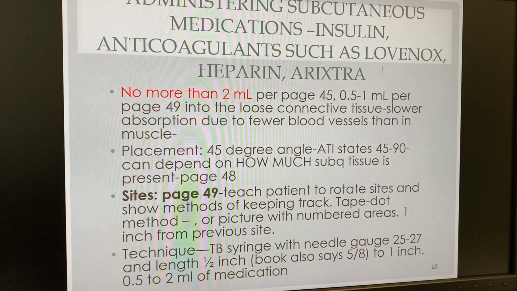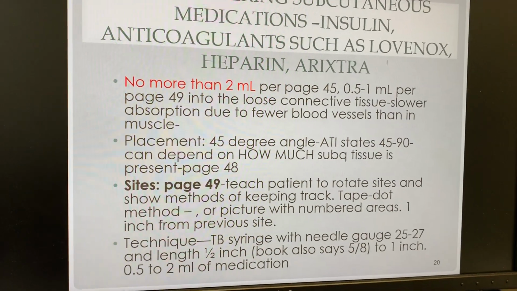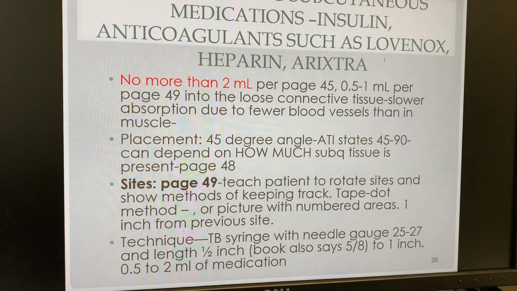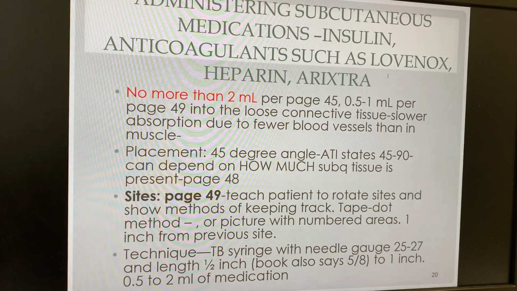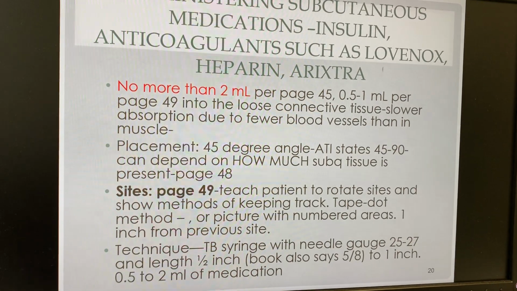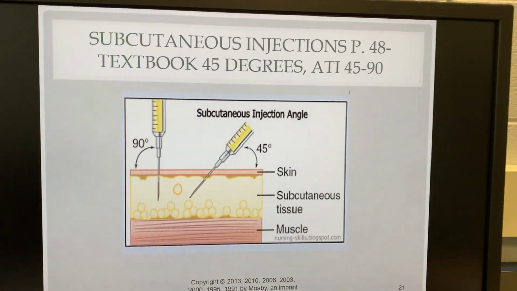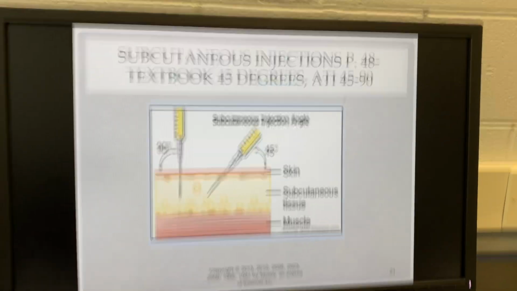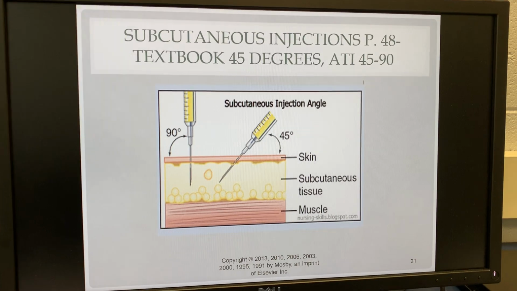But it's going to be no more than 1 inch to go into the adipose tissue. And you can give 0.5 to 2 milliliters of medication, but no more than 2 mils. If for some weird reason you had to give more than 2 mils, you want to go to 2 different sites. And here is another example, besides the one in your book, of what you can do to give an